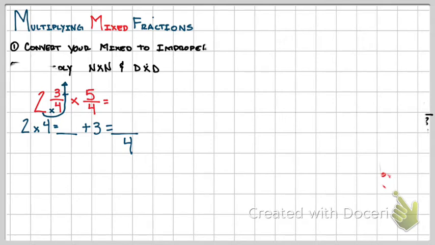what I'm going to do is solve it. What's 2 times 4? 2 times 4 gives me 8. 8 plus 3 gives me 11. So now my fraction becomes 11/4 instead of 2 3/4. I'm going to use that to go ahead and multiply. So I'm going to bring it over, and I'm going to do 11/4 times